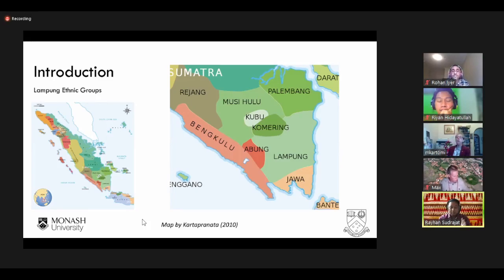However, there's one Saibatin descent group called the Melinting who live in the inland areas. And the people have played a significant role in the structure and style of their ceremonies and the five fundamental transitional life stages in a Lampung person's lifetime, as Ibu Margaret already mentioned, like from womb to birth and adolescence, such as reaching marriage age, marriage, and then achieving rank, and then finding death. So this is to bring the bigger background and the introduction.